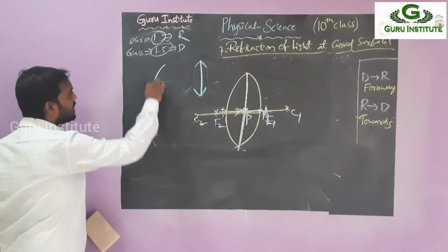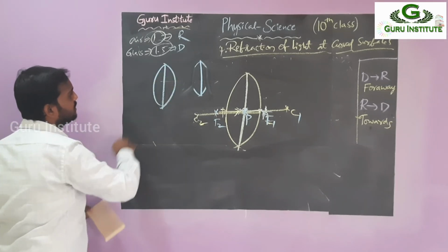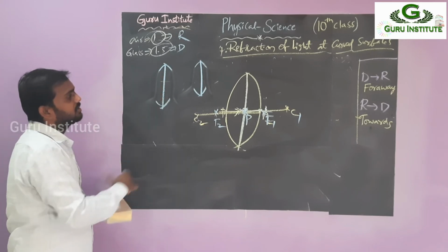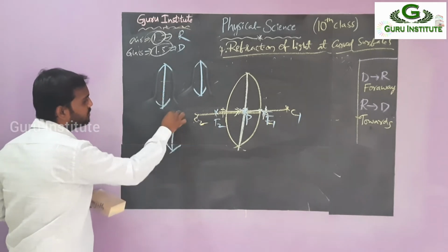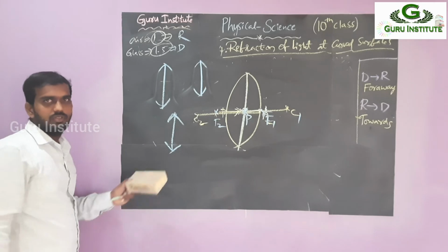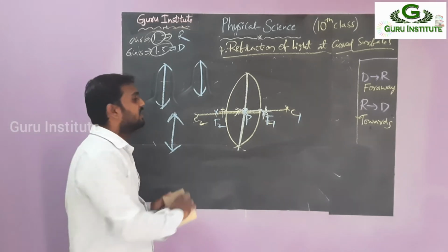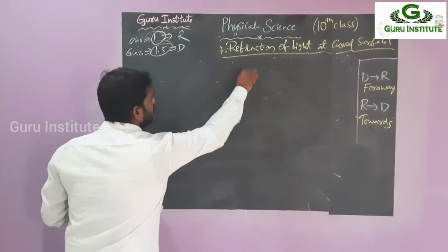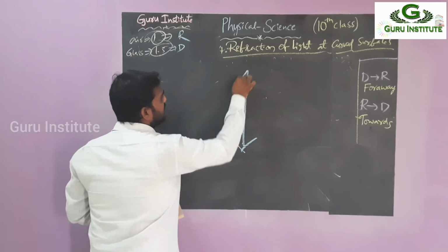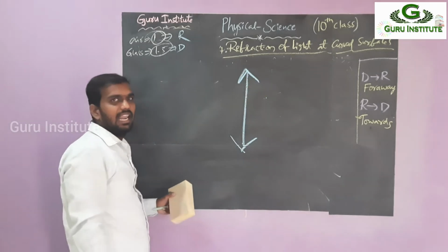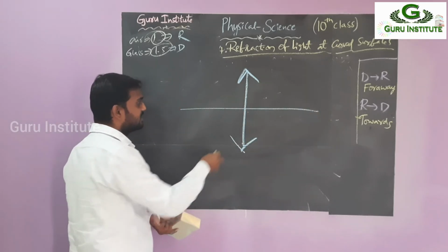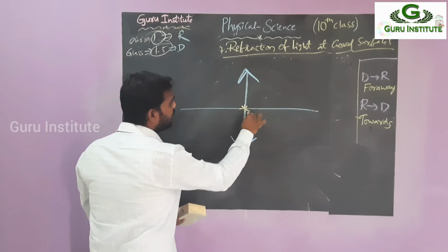Simple logic. From the convex lens only, we are arranging these spots for our convenience. So simply, what is that? A vertical arrow. This vertical arrow gives you the convex lens. From this, we can simply draw this. See here, this is the convex lens. And if you draw this one, it's the principal axis. And this midpoint is the pole.